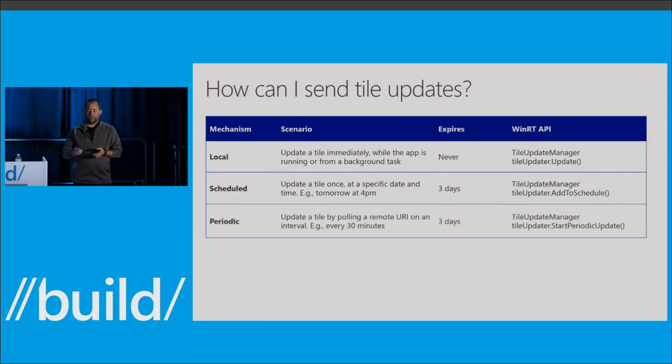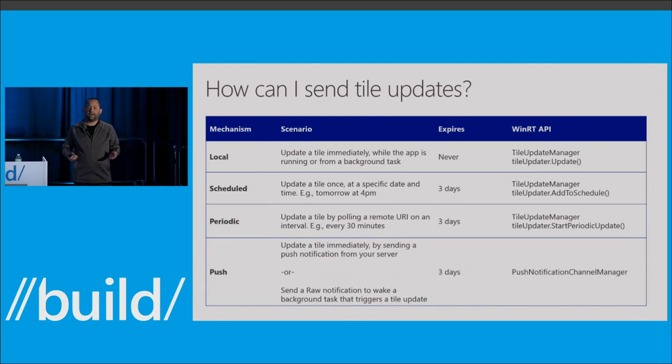What Andrew showed, periodic, is really about having the tile update on a regular occurrence. You have a URI, and you have some time period that you want it to update on over and over again because the XML in the cloud is regenerated on a frequent basis, and this is where your new content comes from. So StartPeriodicUpdate is how you get to that. And then finally, something we're not actually talking about very much today is push.